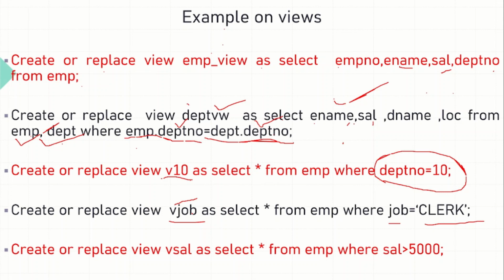Next one is create or replace view vsal. This is a view salary. If we want to have a separate view which will have all records where salary is greater than 5,000, we need not create a separate table. We can simply create a view, that is, create or replace view vsal as select star from emp where sal is greater than 5,000. Now every time you write a select statement on vsal, it will be able to provide